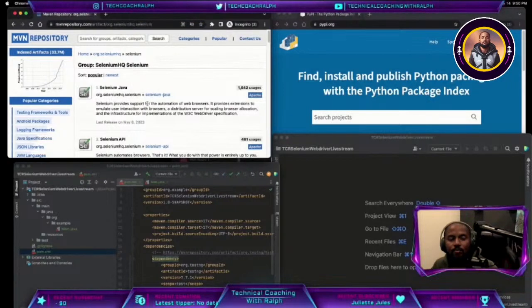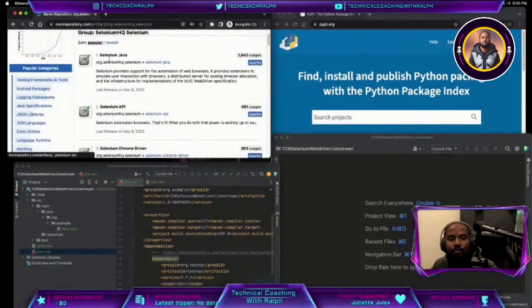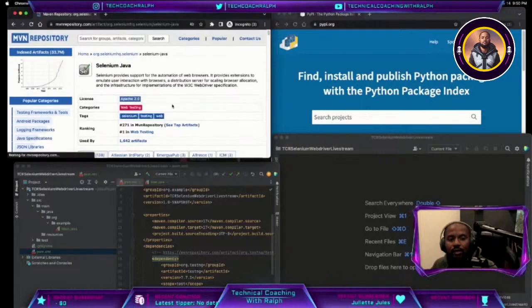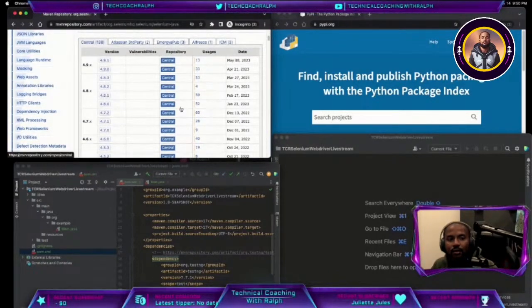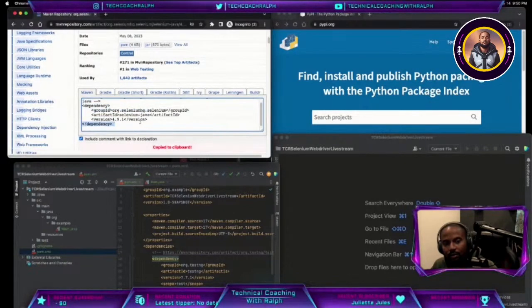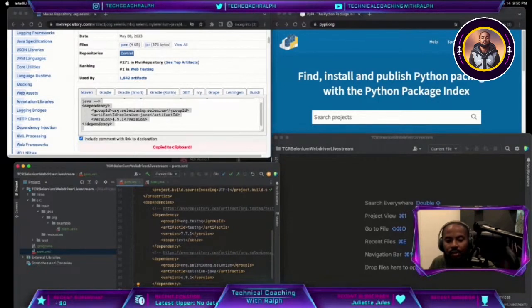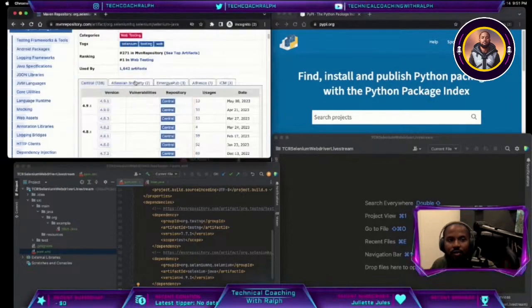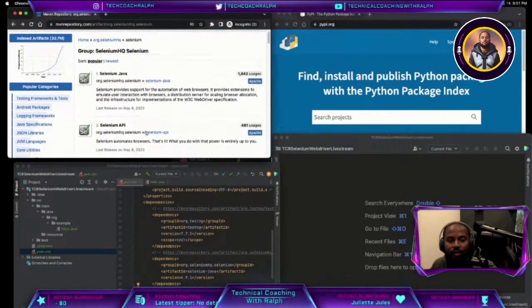Going to need Selenium Java, latest version. Sometimes, based on where you work and the infrastructure and framework, it's not easy to use the latest one, but because we're just going through this setup, we are able to use the latest one. You would figure that out within your organization. Going back, going to take Selenium API,